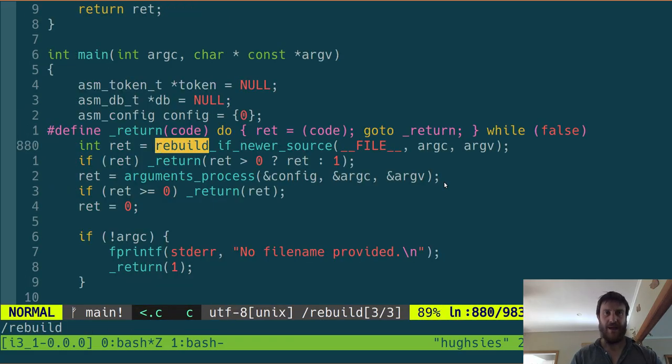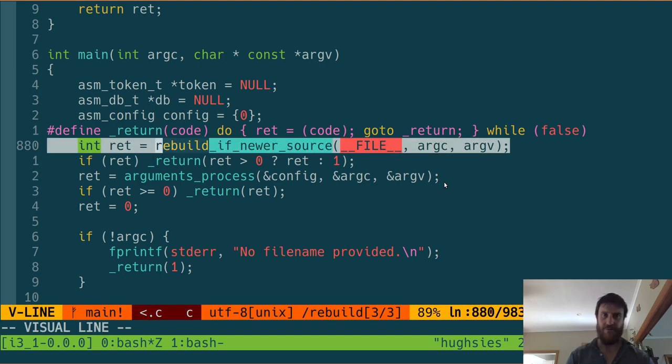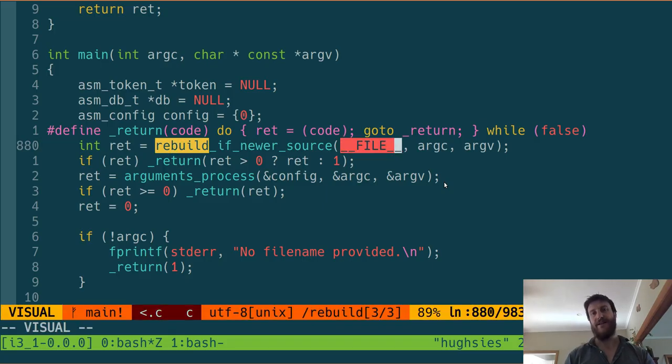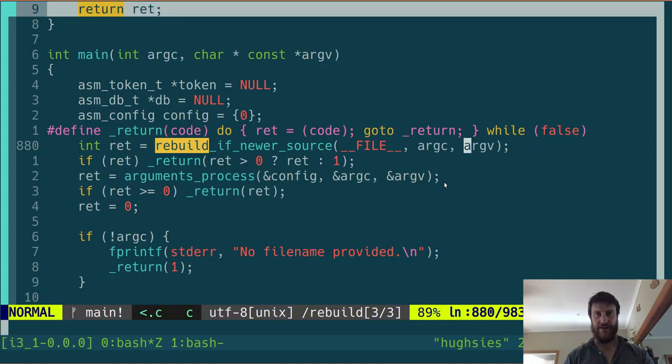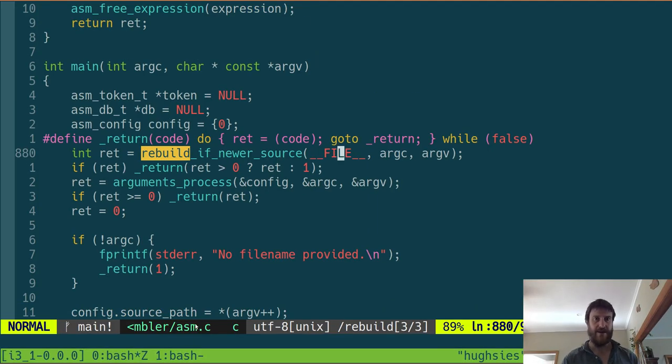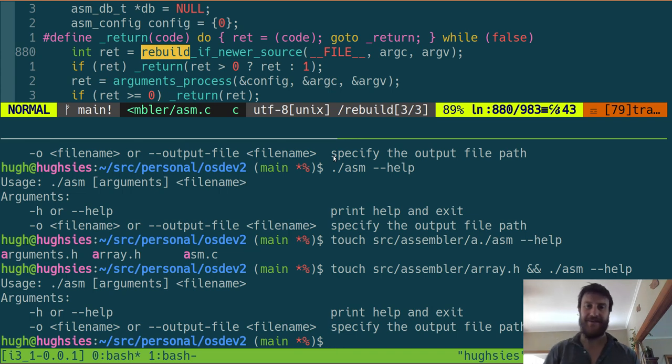And then in main, we have this function rebuild if newer source, and potentially I can macro away some of this stuff, so you don't have to pass in that, and it kind of just works things out. But what this is doing is, in main, file here refers to this asm.c. You can't quite see it, but asm.c, that's what this refers to. And it refers to the way that it was